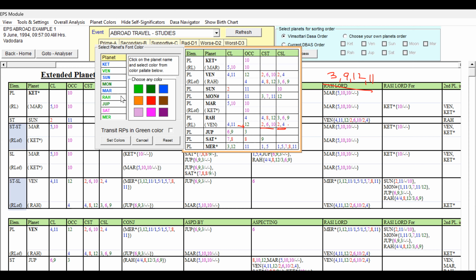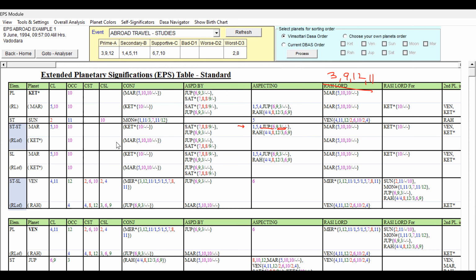That itself is indicating, as I used to say in the self-signification study, when many planets are favorable key planets, and especially with the 11th house, 12th house, primary houses all present, you can see it in each and every planet. That itself is indicating, without studying the destiny and dasa period, that this native is eligible to go abroad, right? So that is supportive because the groupings are present. That is the important output we can get after studying the self significations.